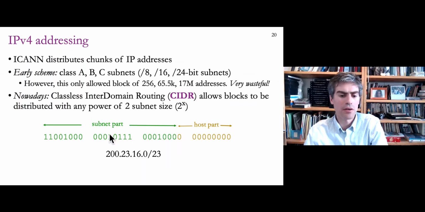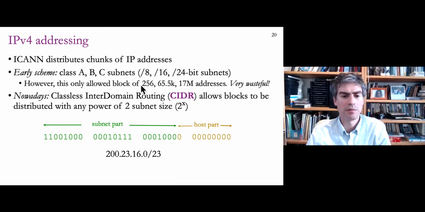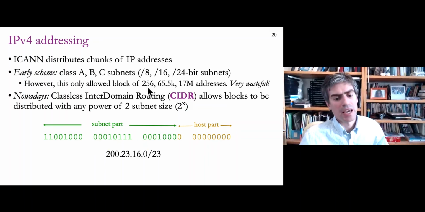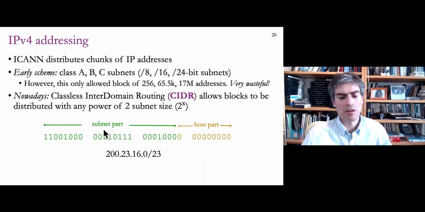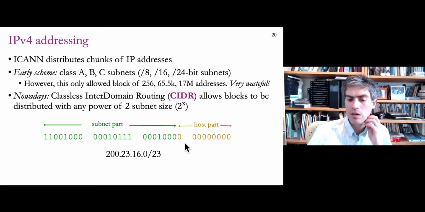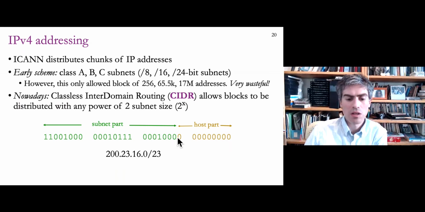So although in the case of an IP address allocation from the ICANN, what they're giving you is not a subnet per se, because you will probably deploy a bunch of routers in your organization to split up that chunk, but they're giving you a chunk of addresses. By changing the low bits, all these yellow bits down here are available to you to assign different IP addresses to different machines on your network, but all the green bits at the top are the ones that